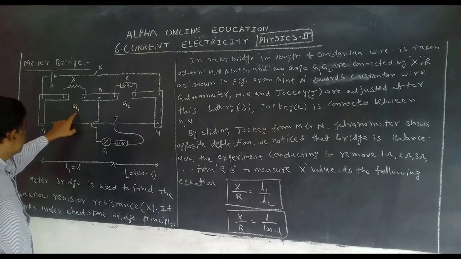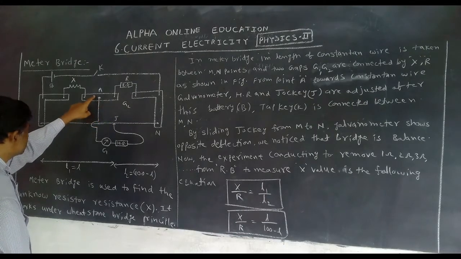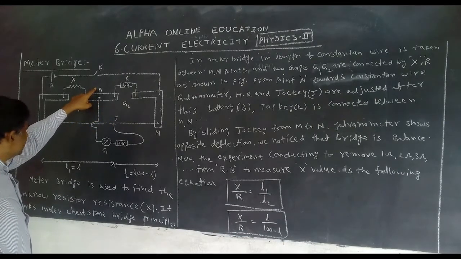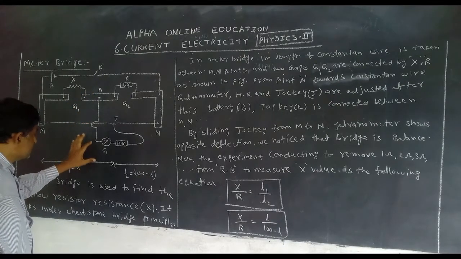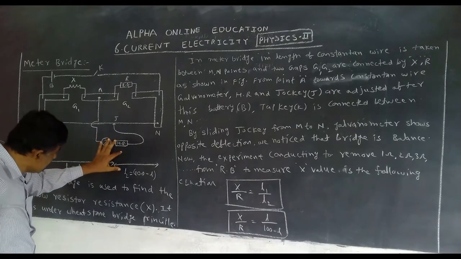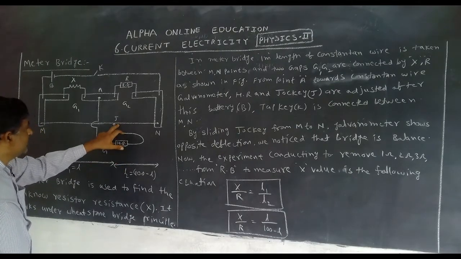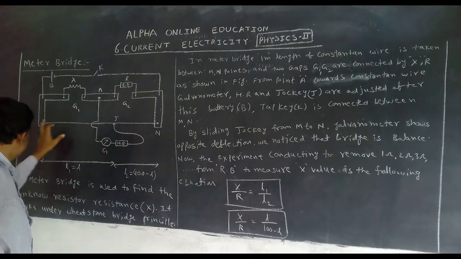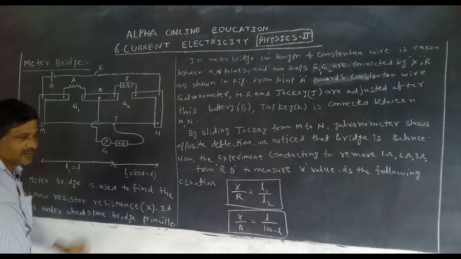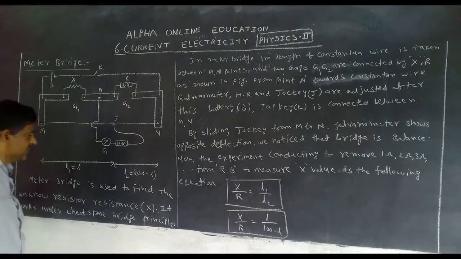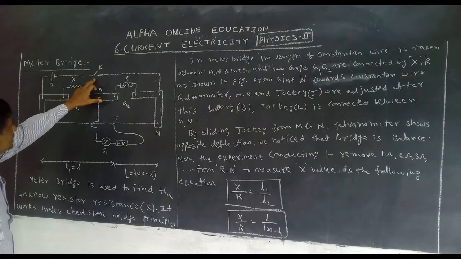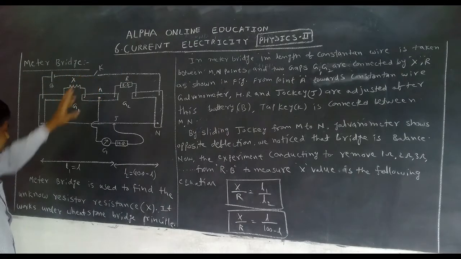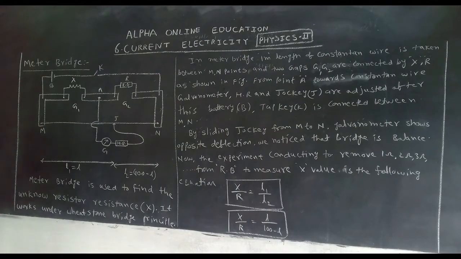At the midpoint of the gaps 1 and 2, that is point A, from this we take one wire connected to a galvanometer, high resistance box, and finally connected to the jockey which touches the 1 meter length of the constantan wire. Then, between the M, N points, we take one battery and a tap key. Okay, this is the arrangement.